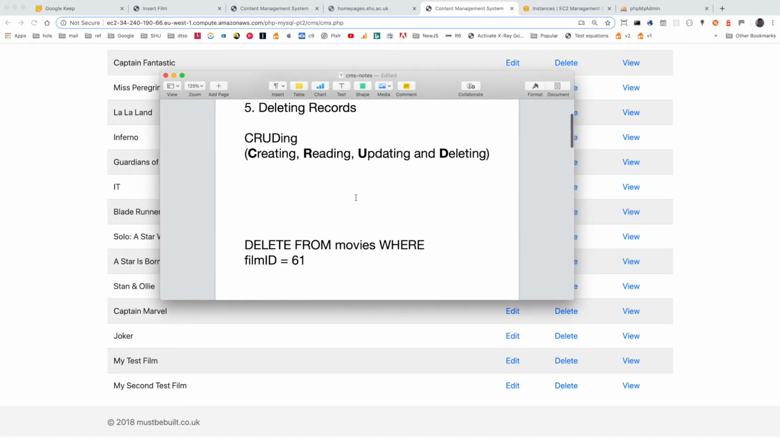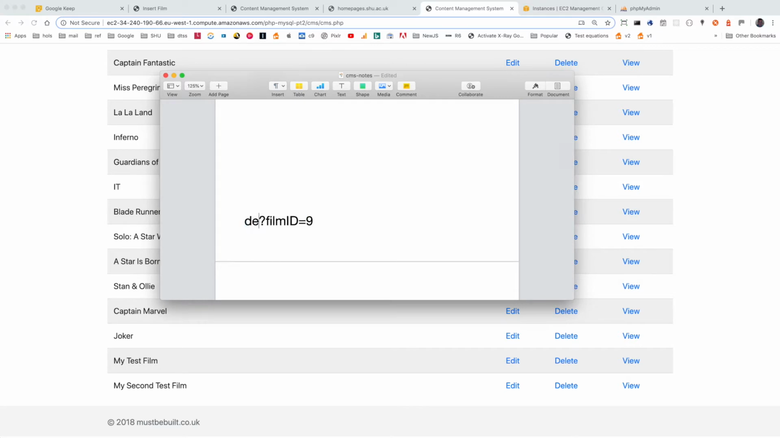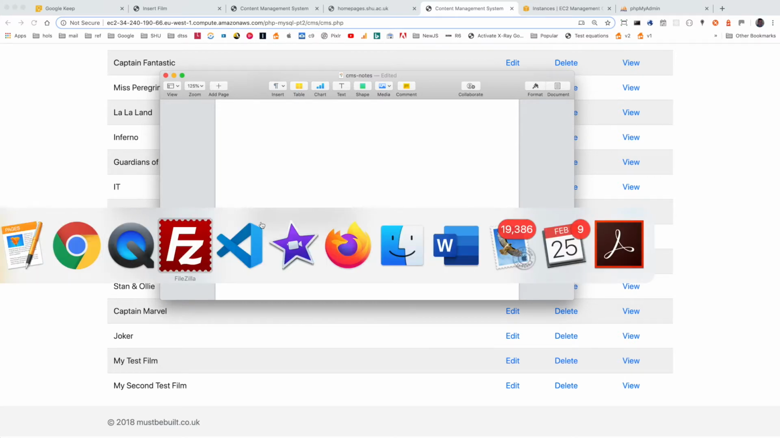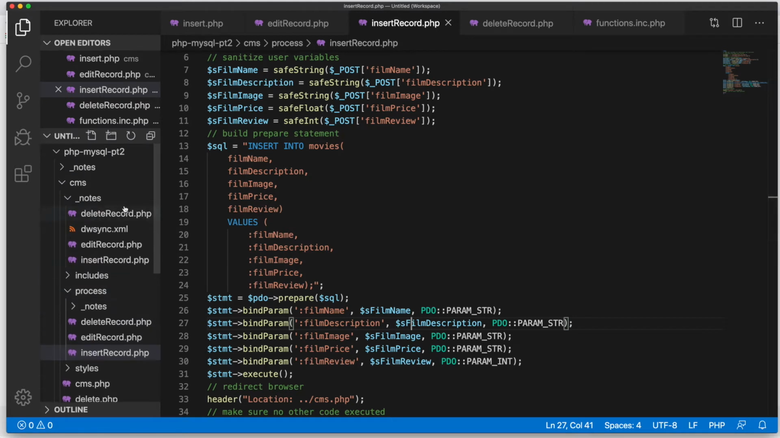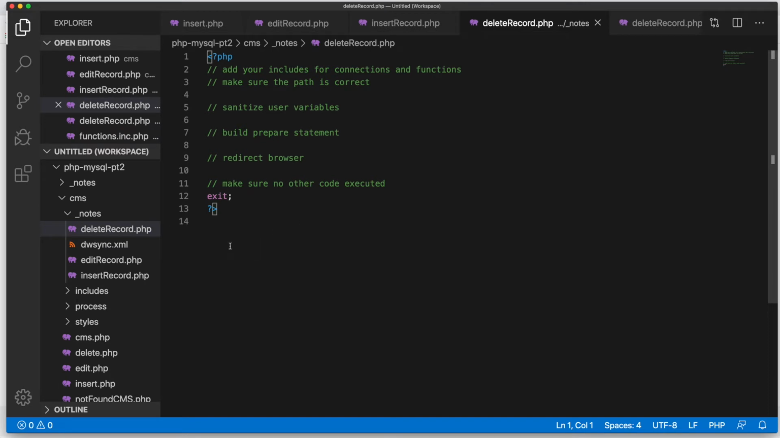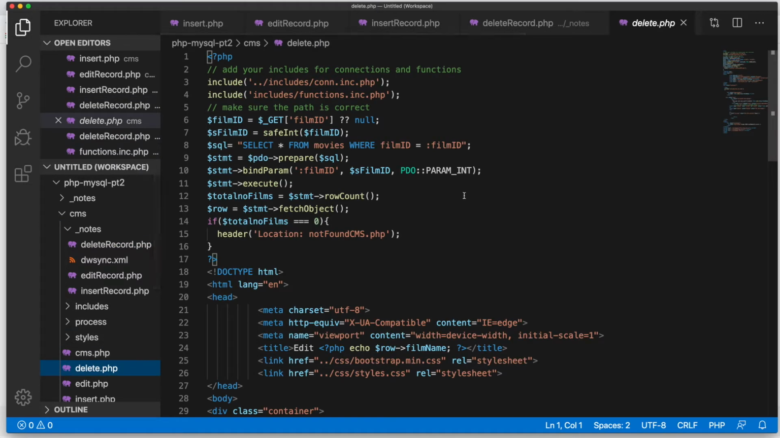So they're in effect linking to a page called delete.php, and they're taking a film ID with them in a query string. So what we're going to do is in the delete record page, in here, we're going to build a query that uses the film ID, and it's going to get it from the query string. It's going to make it safe using our sanitization and validation scripts from the previous movies, and